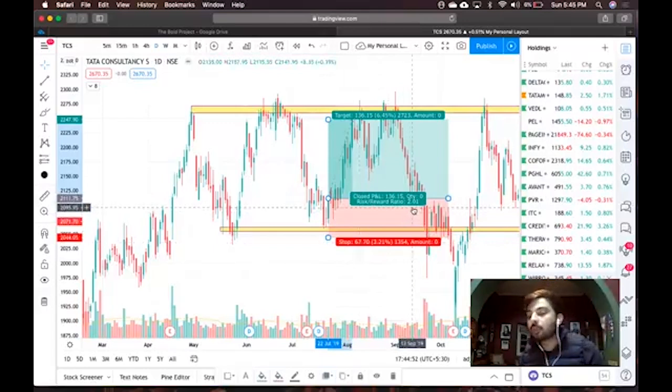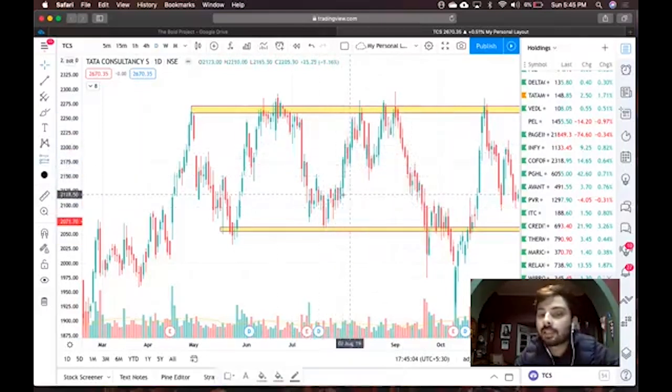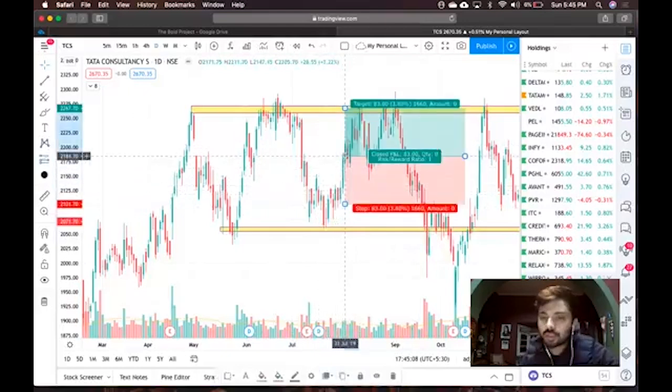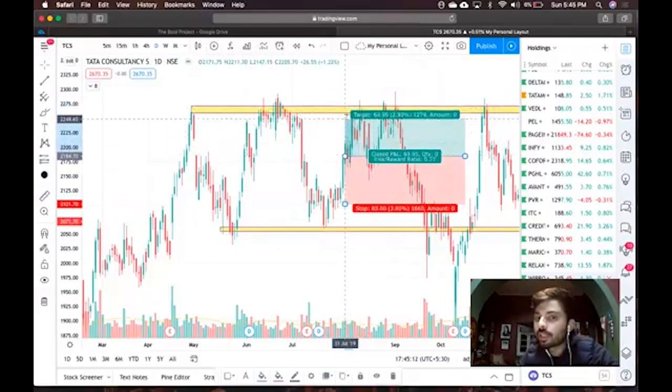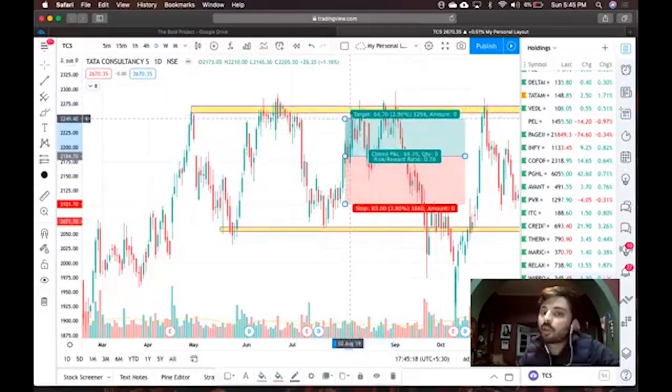So always when you enter a trade, you need to be comfortable with risk reward. My simple idea is never enter a trade which is less than 1:1. So for example, let's say I miss this entry, I want to chase the markets and I take a trade over here. Is it a good trade? Let me ask you. What is the target? Target will remain the same over here. It can't go higher. Just because you're taking a trade higher doesn't mean you'll put the target higher. Targets will still remain below resistance.